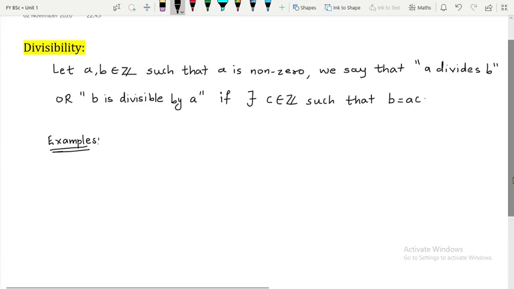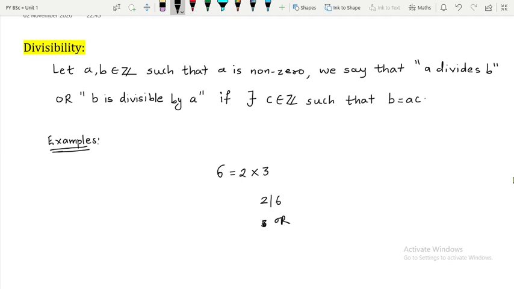So hello my dear students, today we are going to start a new topic, that is divisibility. You have already studied this topic before, but we are going to study it in depth here. First we will recall some concepts before going towards divisibility. Now if you think of 6, how can you write 6? 6 can be written as 2 multiplied by 3. So in other words, you say that 2 divides 6, or you can also say that 3 divides 6, right?